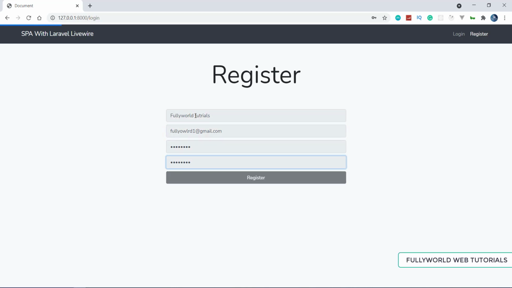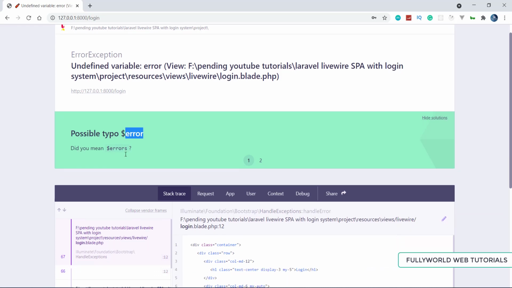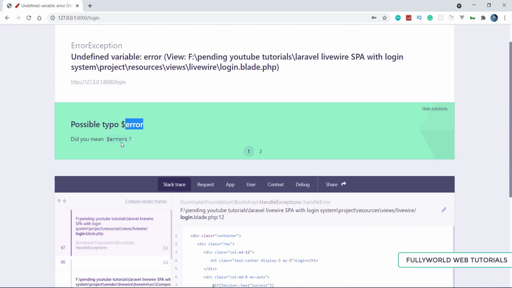See that we are now redirecting to the login page. The progress bar is coming, but we are getting one error. Let's see what error we are getting. The error says possible typo $errors, so it should be $error.